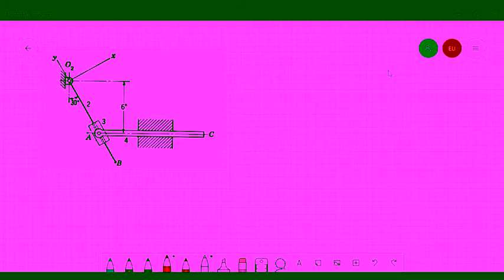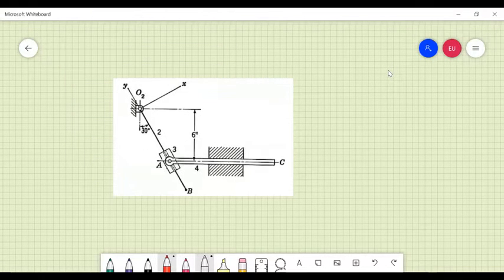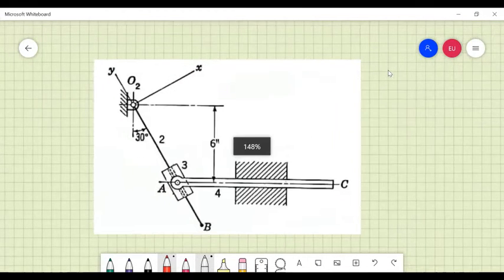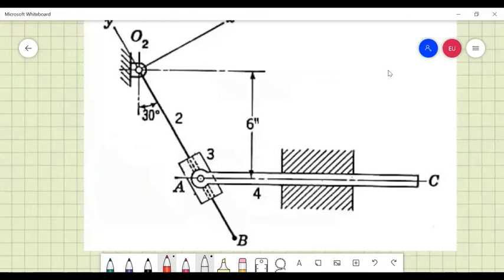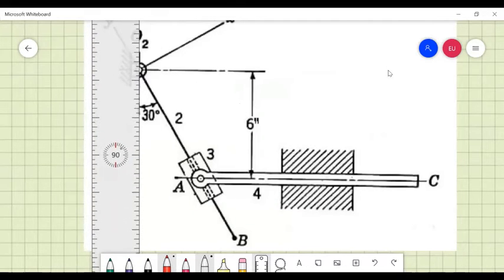We need to remember a few things before we start, and those things we need to remember are: what did we obtain from position, what did we obtain from velocity, because there was a vector loop that we proposed already, and that vector loop was, I'll do my best, you see,